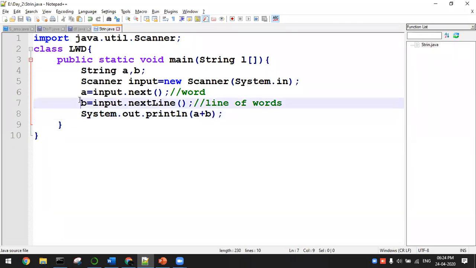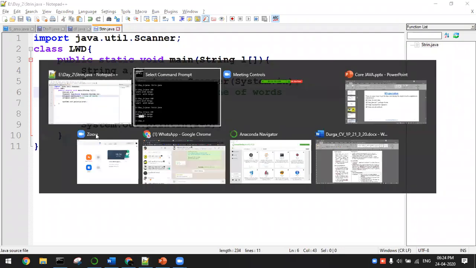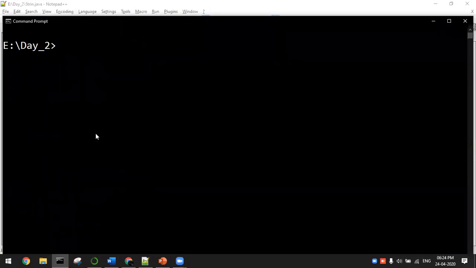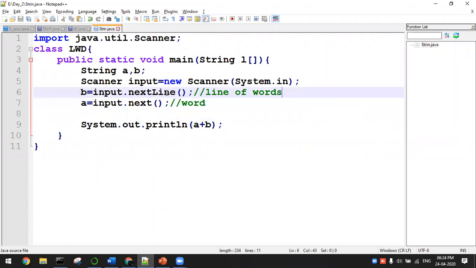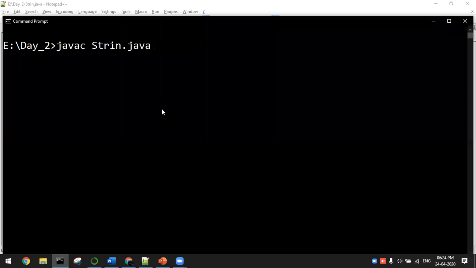Let me go ahead with the order. If this is given in the first line, what will happen? In the previous case, automatically the second input is considered as part of the first input, right? That is why you didn't get two inputs. Now as per the condition, you are supposed to get two strings, yes or no? Two strings, that is B and A. Now I just change the order. First I took a next line, and second I took a next. Let me go ahead with that execution.